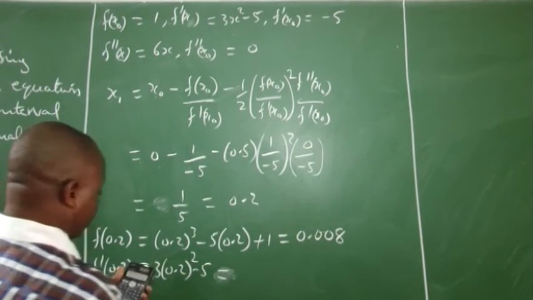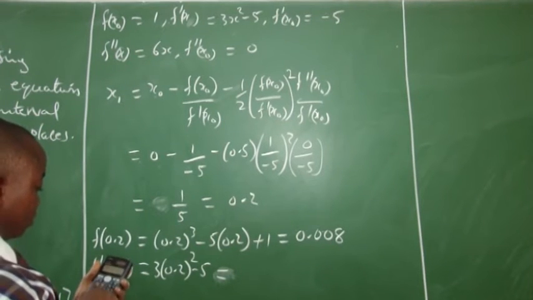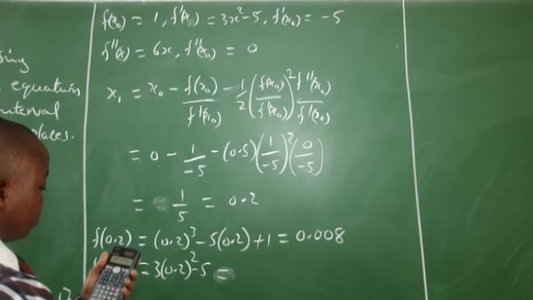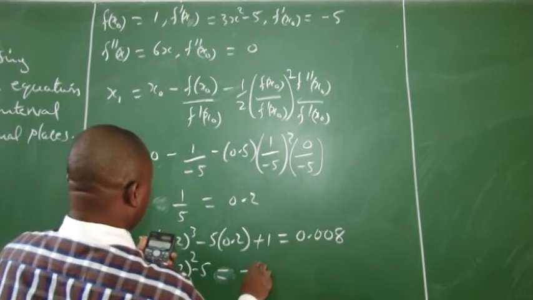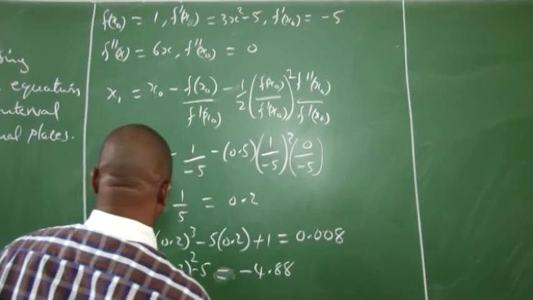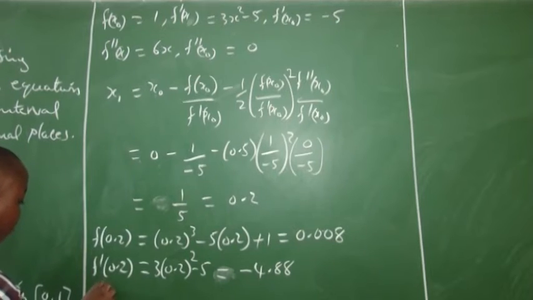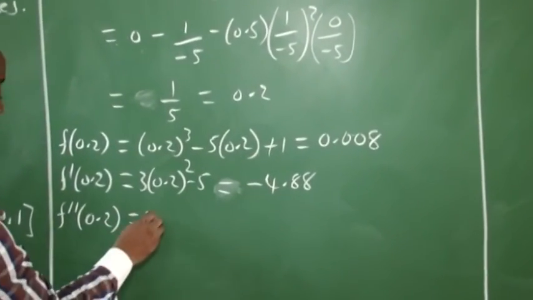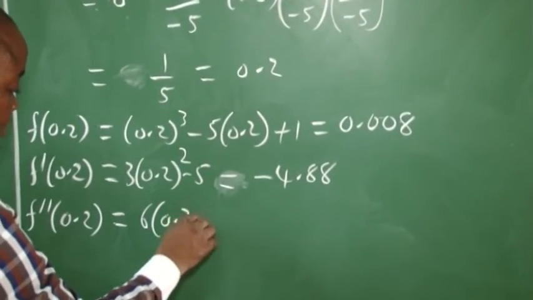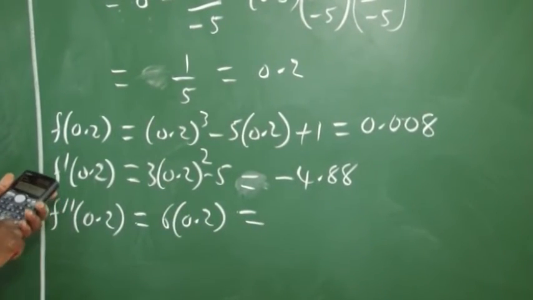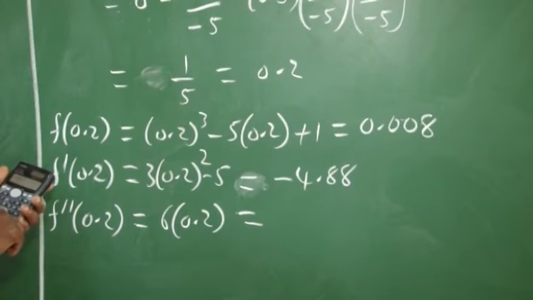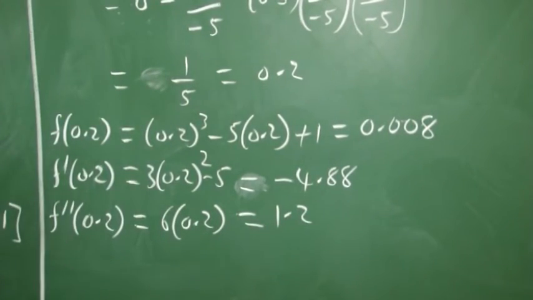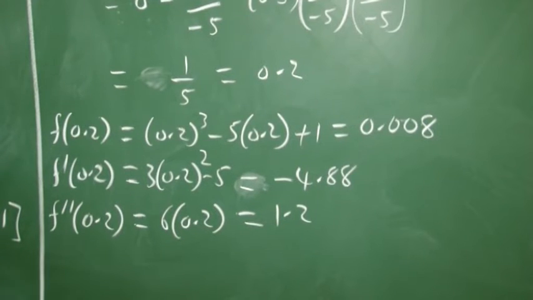Then that will give us 3 times 0.2 squared minus 5, which gives us minus 4.88. Next, we'll find f double prime of 0.2. That will give us 6 times 0.2. Now 6 times 0.2 is 1.2. So after having that, we are going to now compute